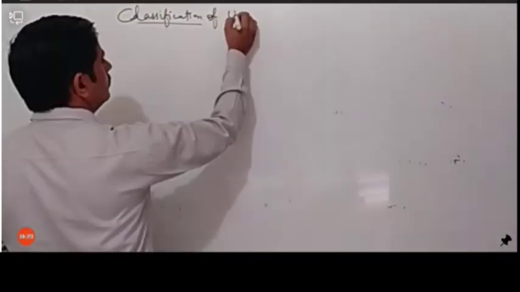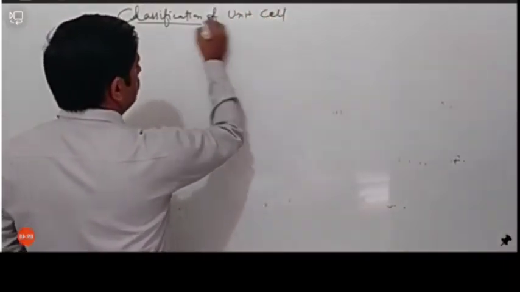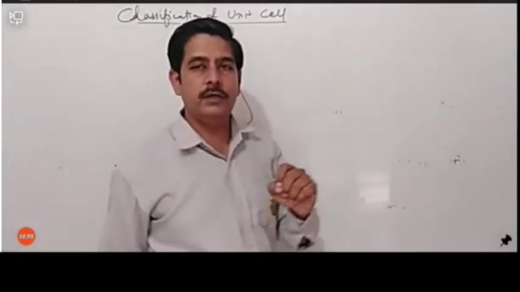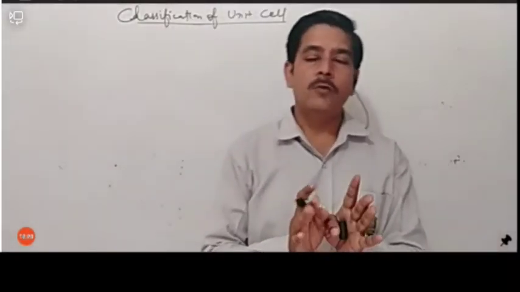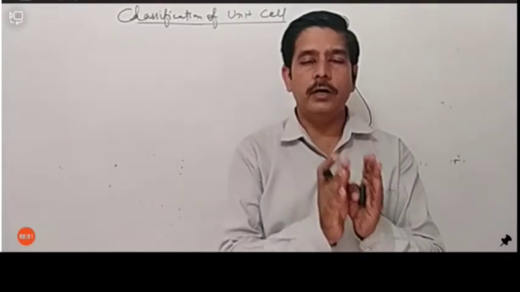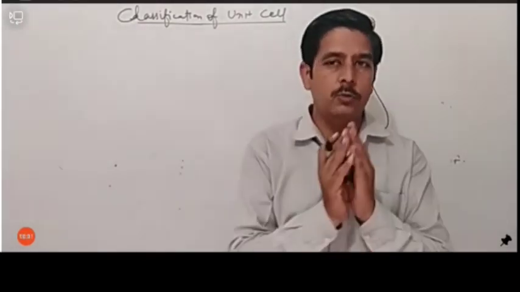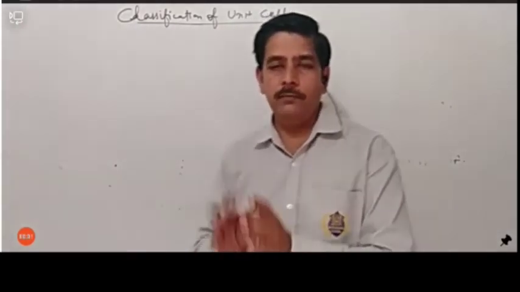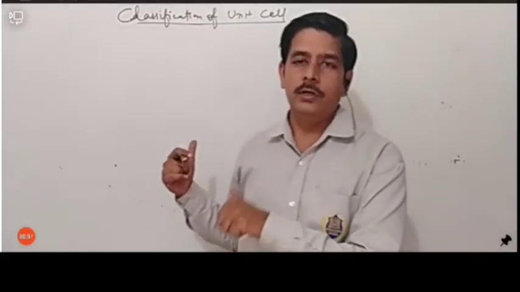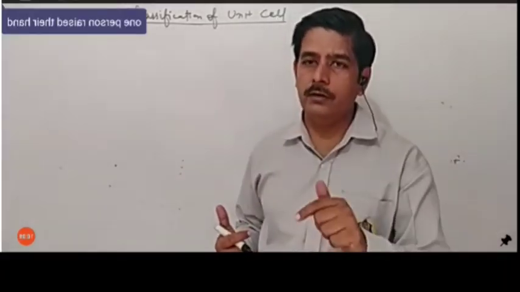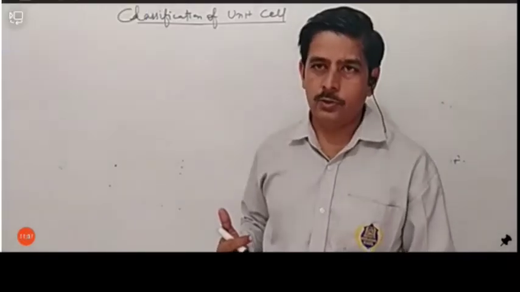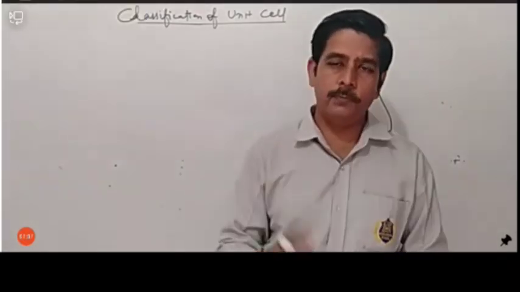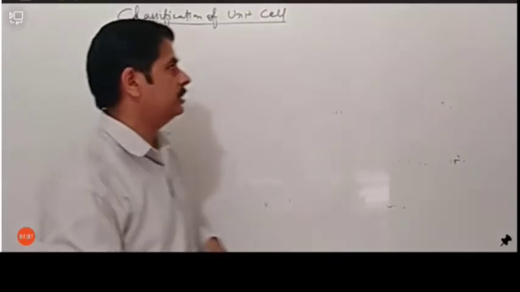Okay, let's talk about the classification of the unit cell. When we classify the unit cells, generally we can divide them into 4 parts on the basis of the arrangement of constituent particles. Understand this very carefully, because what I am going to explain right now will be very important when we study the further points. First I will teach a little, and then afterwards, if you have any questions, we will take them.